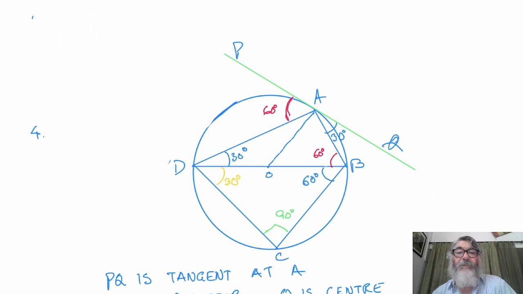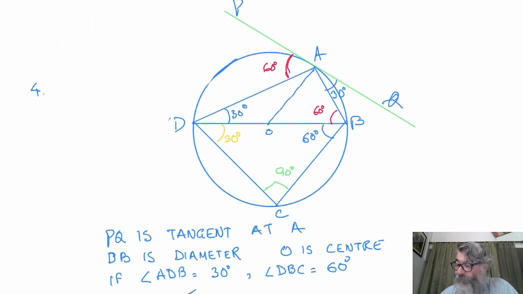On the basis of that, we'll say angle PAD is 60 degree. Angle between tangent and chord is equal to the angle in the alternate segment. So we have got these angles. Now we have to calculate angle BDC. In triangle BDC, one angle was given 60, and angle BCD will come out to be 90 degree. Why? Because angle in a semicircle is right angle. So we can calculate this angle to be 30 degree.